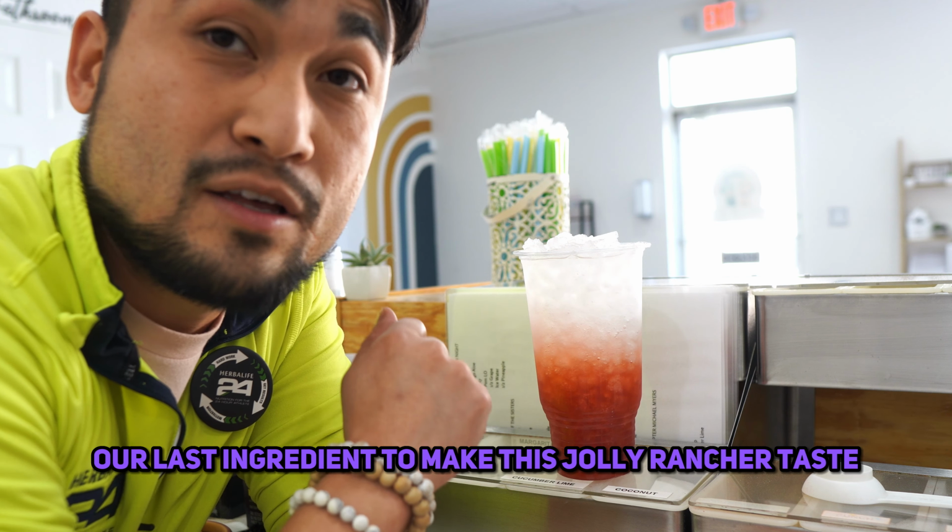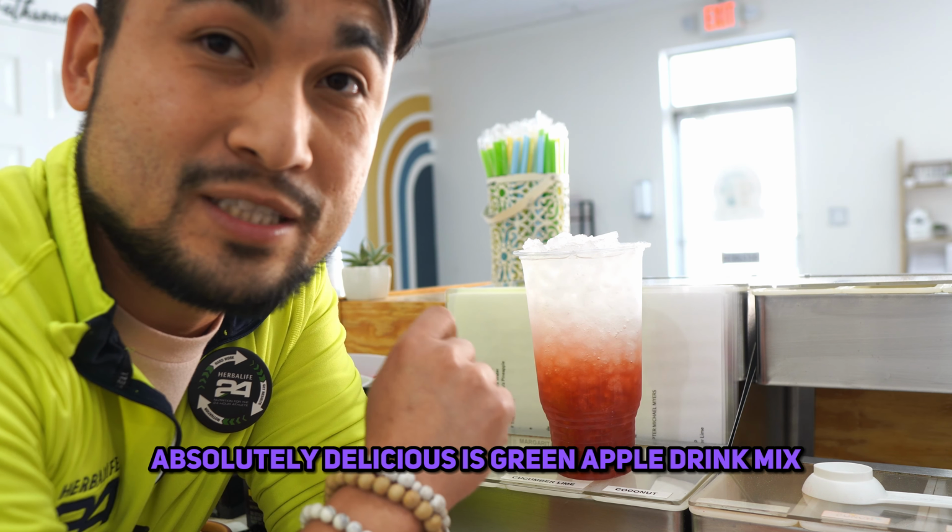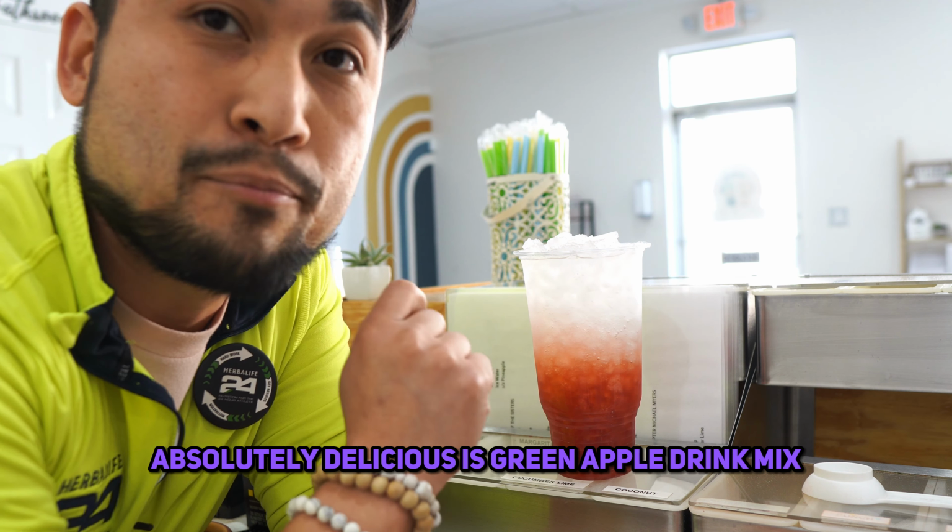Our last ingredient to make this Jolly Rancher taste absolutely delicious is green apple drink mix. You're simply